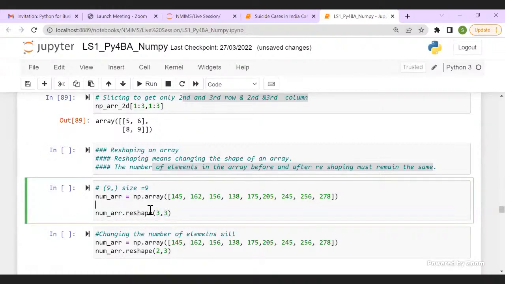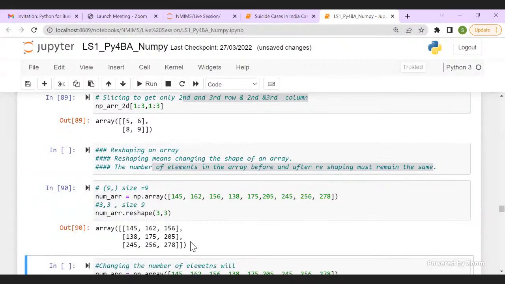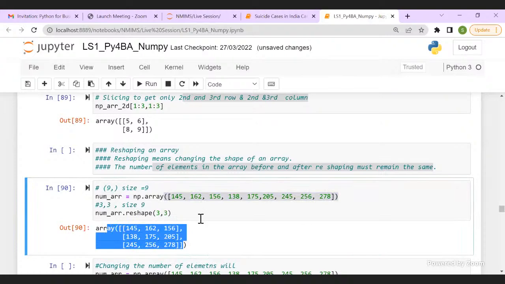So I'm reshaping it to 3,3. Again, here my size will remain 9. Let's try to run this code. So from a 1D array, I have changed it to a 2D array, and my size remains the same.